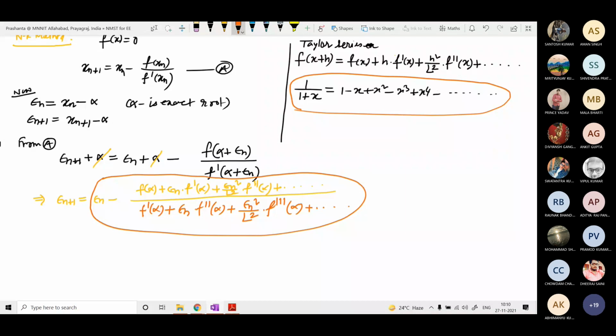So we have to write down everything in terms of an equation. Only the numerator term should be there, no denominator. Then only you can say what is the lowest order surviving term on the right hand side. Anyway, as I keep on writing, you will understand that. So what will be on the next line? On the left hand side we have epsilon n plus 1. What do we have on the right hand side?